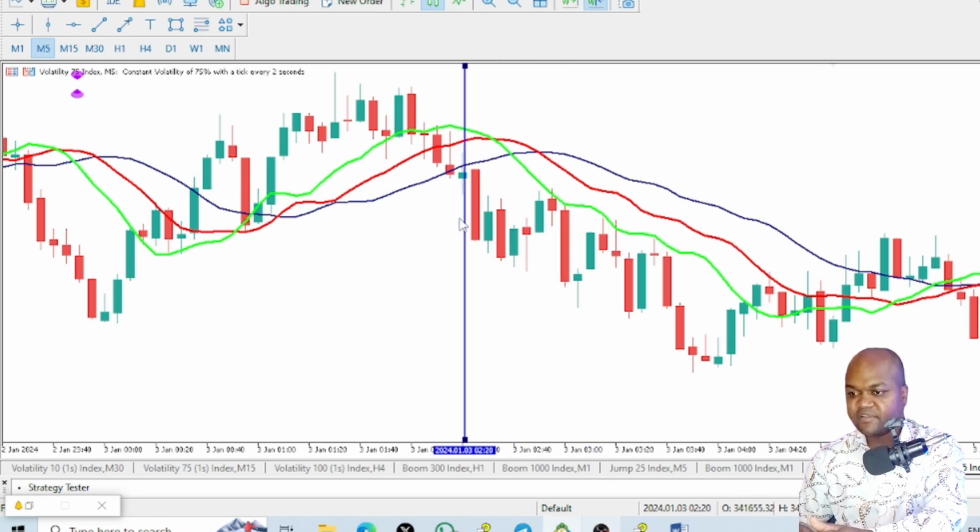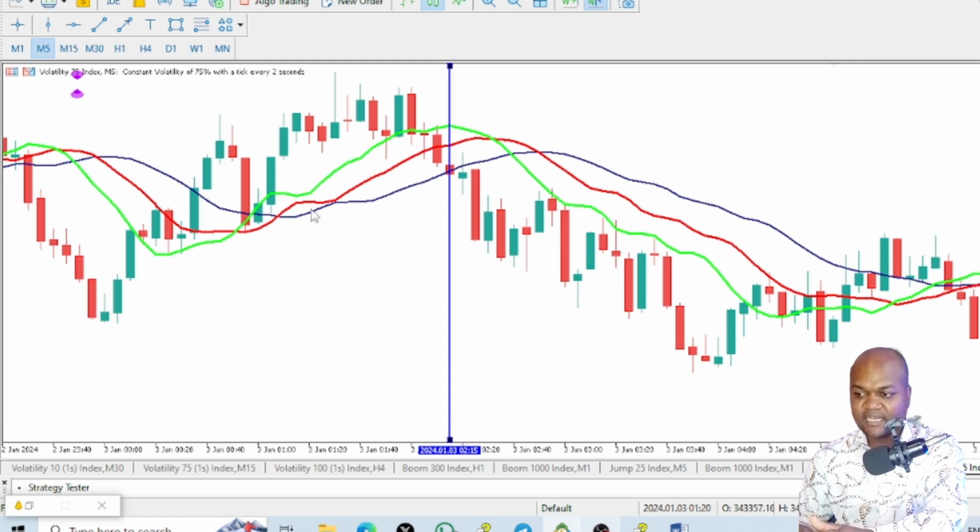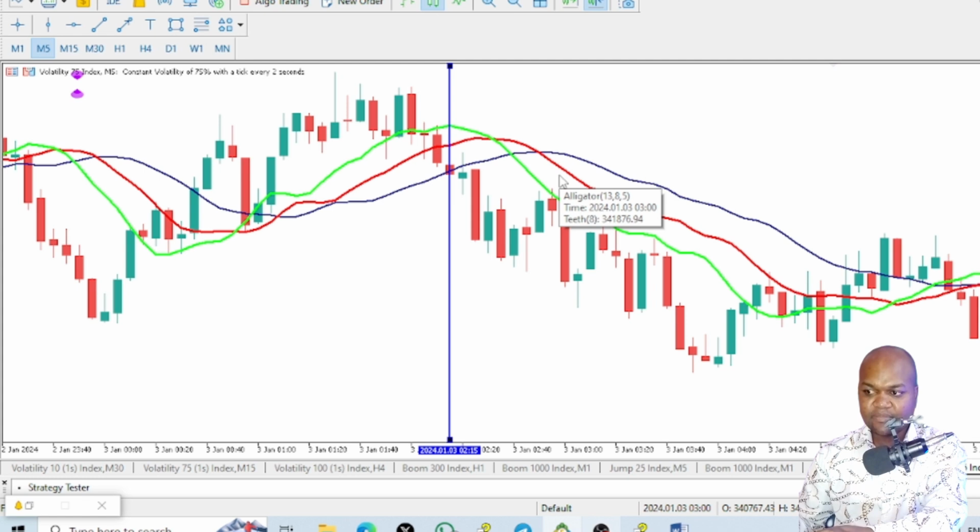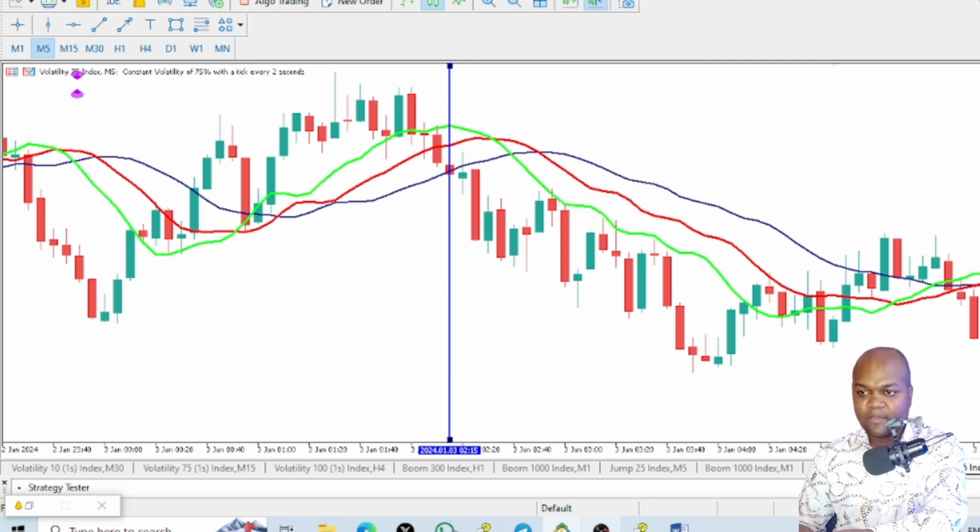On your 5-minute time frame, you are also going to avoid trading when these lines are crossing each other. The Alligator is asleep. You want to trade when these lines are now moving far away from each other. The problem with the alligator is this: when you're using the alligator, the original method is